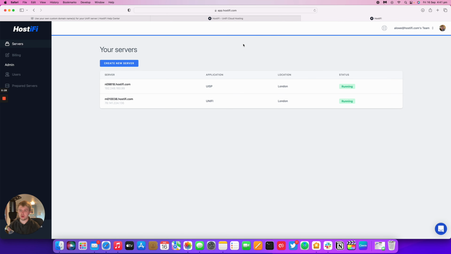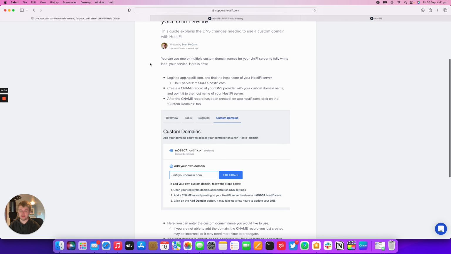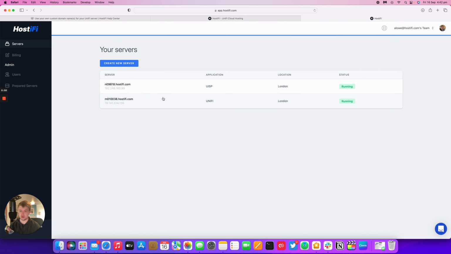So I want to log into my HostiFi portal, and what you do is you find the name of your HostiFi server, and then you go to your DNS provider and create a new CNAME record. We won't show you how to do that because there's a lot of different DNS providers and registrars out there, but if you just Google your registrar name and then add CNAME records, you'd be able to find out how to do it. But basically, so if I want to do my UniFi server here,